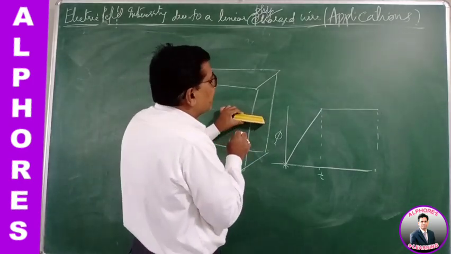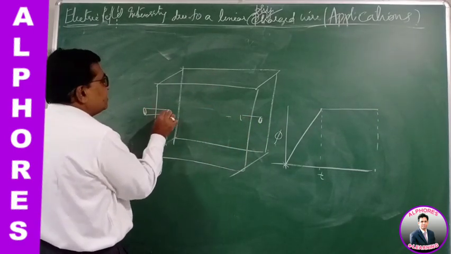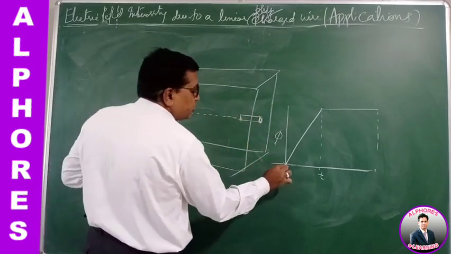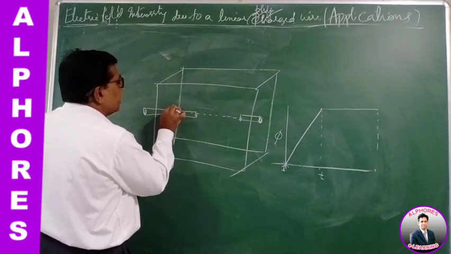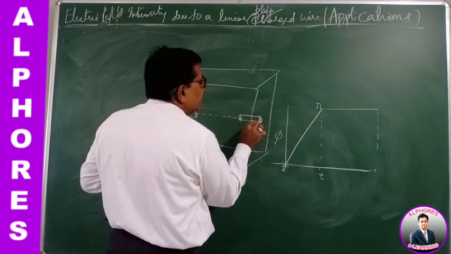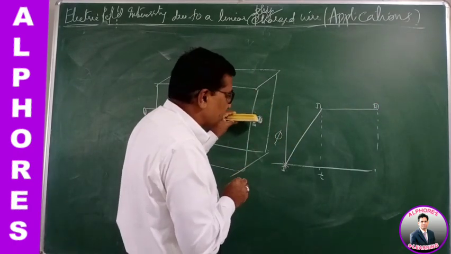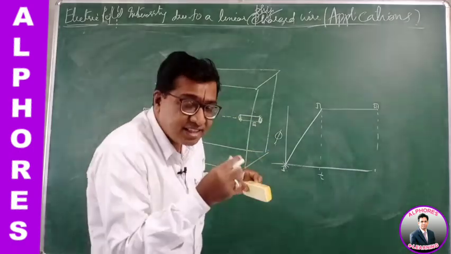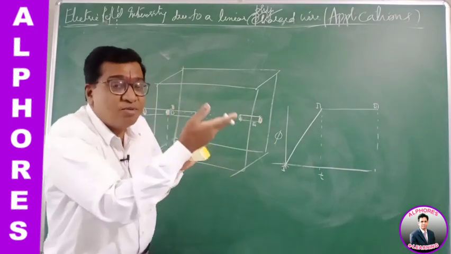Now, first the conductor was entering the cube like this, it moved gradually, and later it reached the first position. Then when all the conductor comes inside, this is the second position. When the conductor comes to this position, this is the third position. From this third position, the conductor is slowly coming out of the cube. As it moves, the length of the conductor coming out gradually increases.